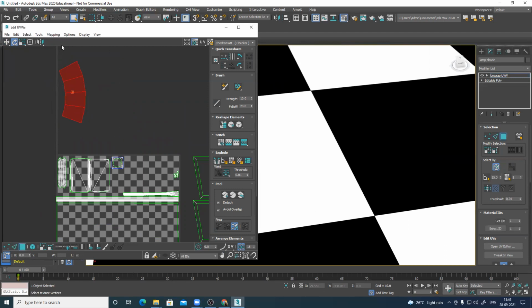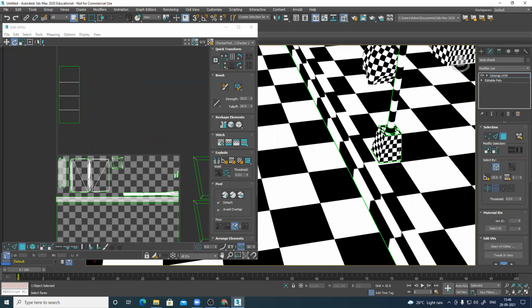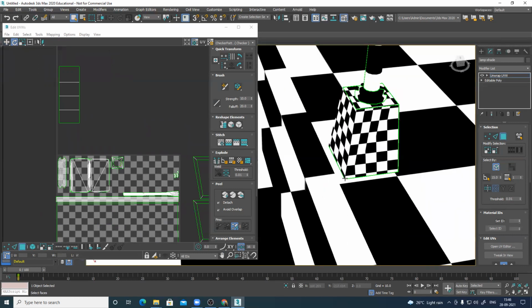So what I can do is select in face mode and straighten it. If you straighten it, there will be one slight bend, but this is only in the viewport, because it's supposed to be slightly tapered on the top, but we made it straight. To fix this, the easiest way, select only one side, scale down.